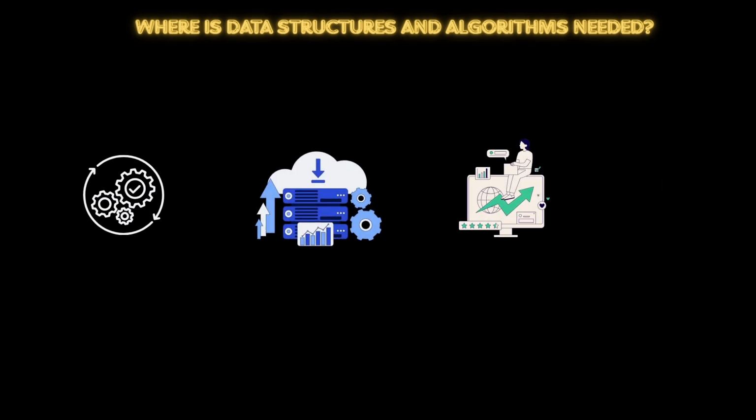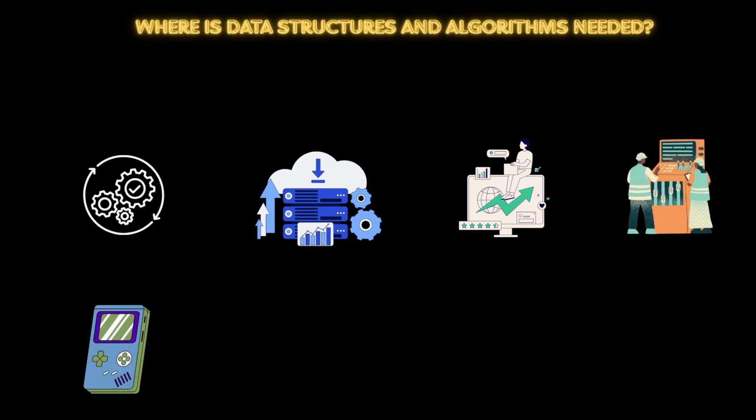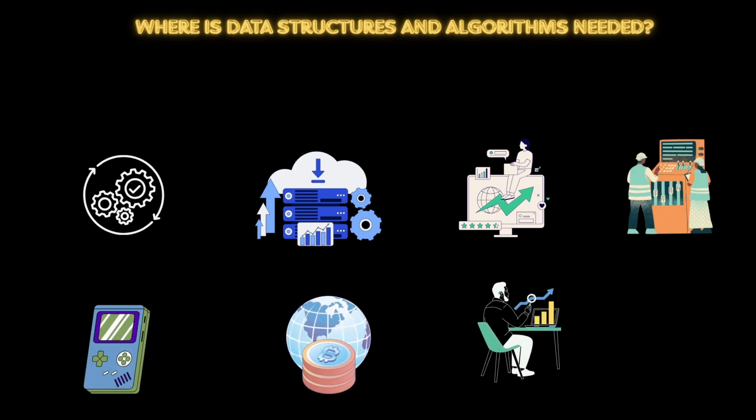Data structures and algorithms are used in virtually every software system, from operating systems to web applications: for managing large amounts of data, for task scheduling, for planning routes, for optimizing processes, and for solving complex problems. DSA is fundamental in nearly every part of the software world. For example, operating systems, database systems, web applications, machine learning, video games, cryptographic systems, data analysis, and search engines.